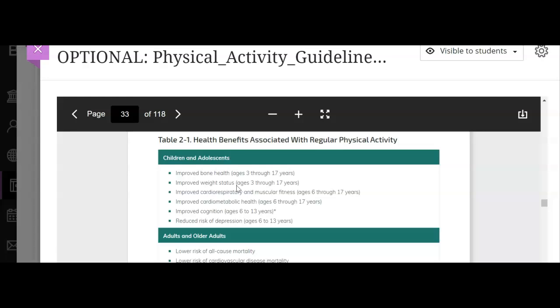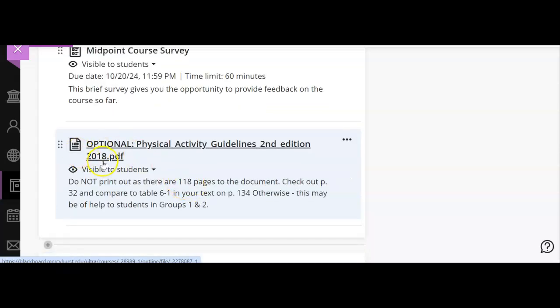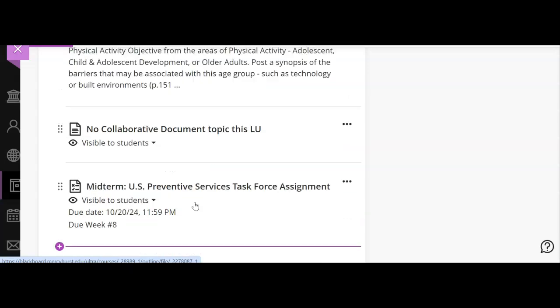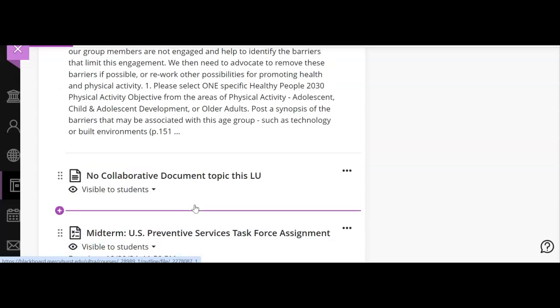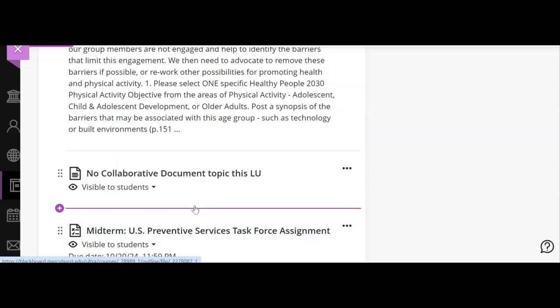But if you're working in one of the groups about physical activity, this may be a really great document for you to look at. Otherwise, it's just optional, and you have enough reading with the chapter this week, chapter 6, and getting your midterm submitted. So let's go back to that.